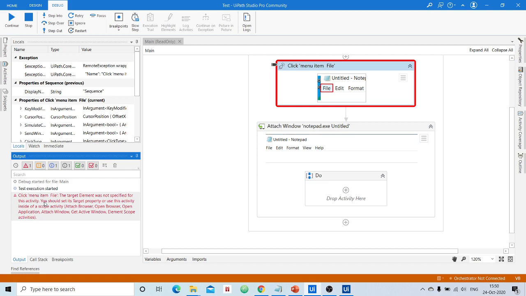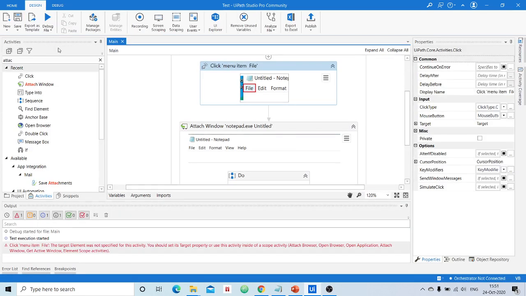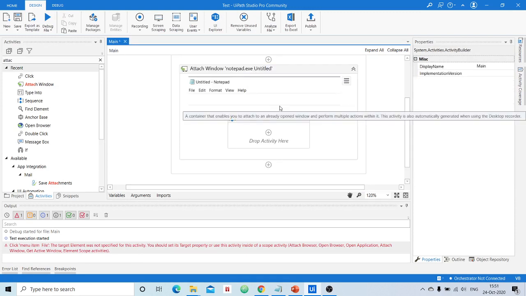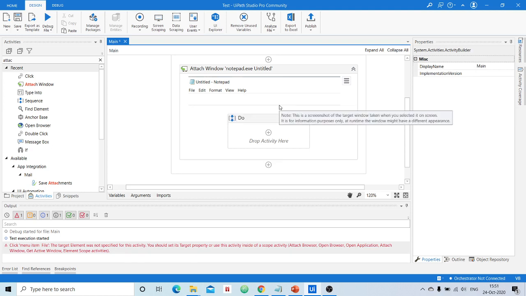Clear? Okay, this is one simple example which I would like to demonstrate to you to better understand the use of attach window activity. So clear? Okay, now I will stop the debugger. I mean forcefully stopping the debugger to stop the robot task. Okay, now with this I hope you understood about attach window activity. Remember, once again I will repeat, this is one of the activities which is used by the RPA developer to specify to the robot which particular window it has to use in order to complete the task.